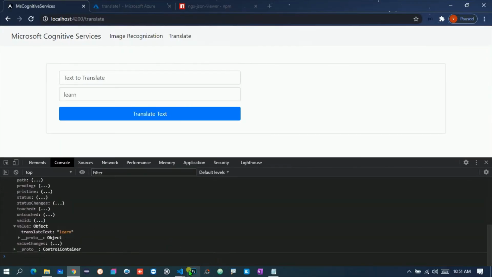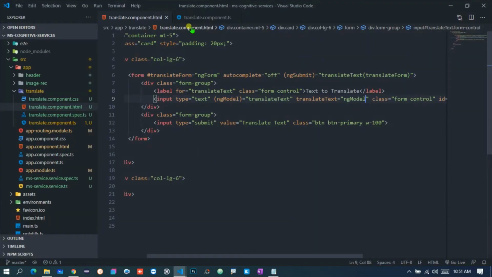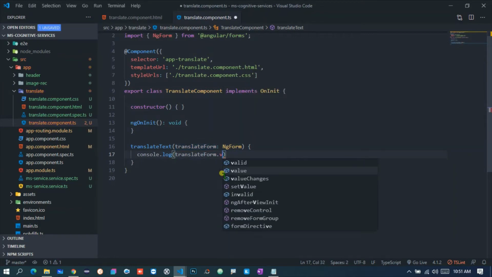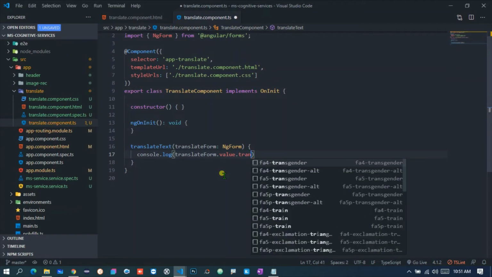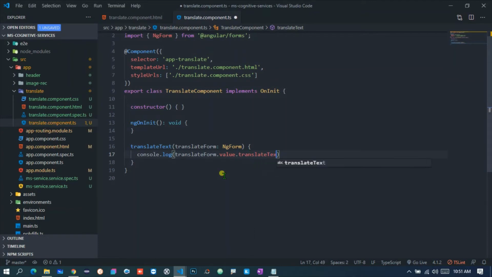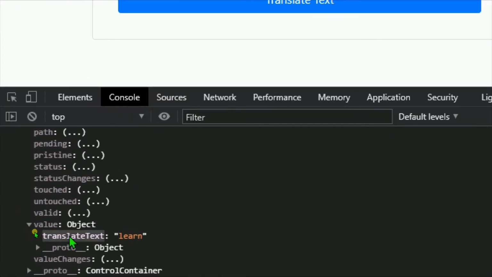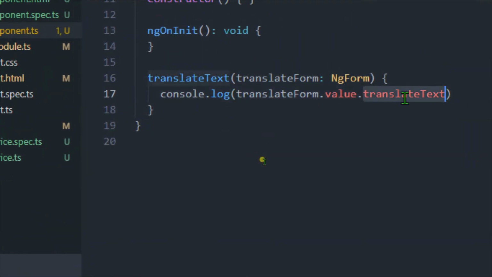Now let me go back to my Visual Studio Code, and let me just type translateForm, which is the ngForm name, then value, then translateText. T is a capital. So make sure you are giving the correct name that whatever over here you are getting. You can copy the same name from over here and paste it over here like this.